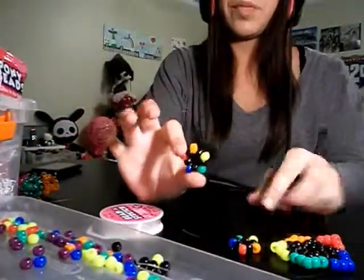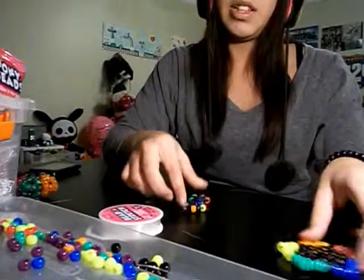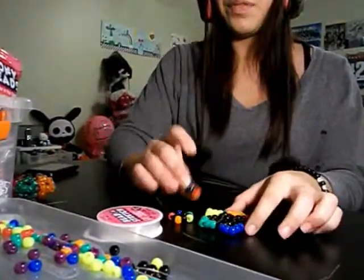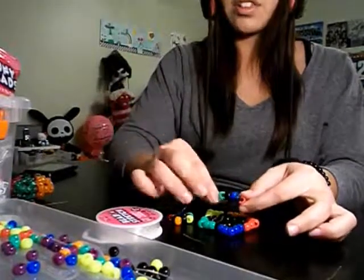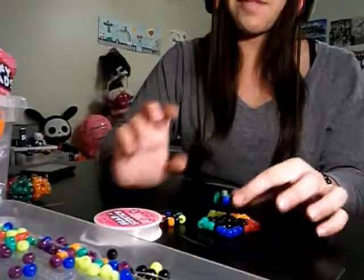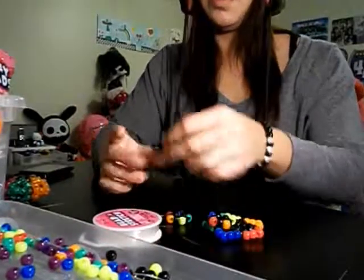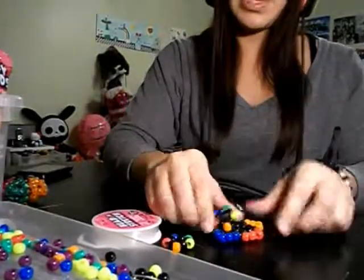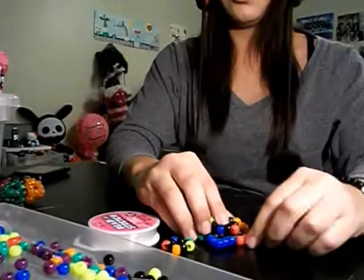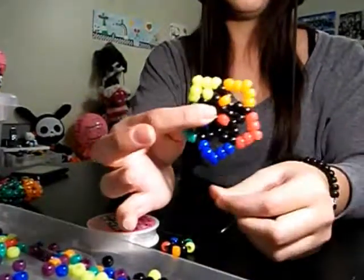Okay, so we got 2 of these little ones and 1 big star. Now what we're going to do is attach them all so that way it sticks up. It's 3D, basically. So you're going to line up the colors, pink with pink, orange with orange, yellow with yellow, blue with blue,